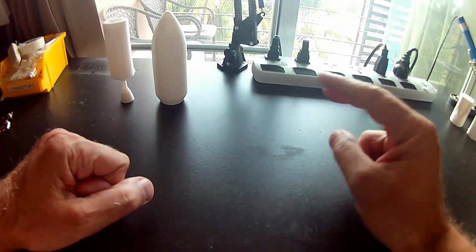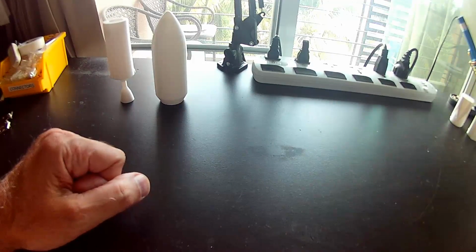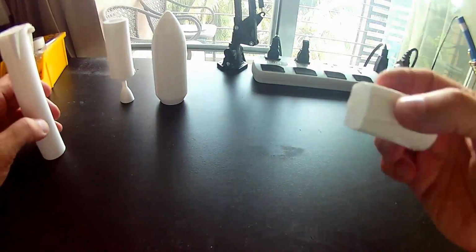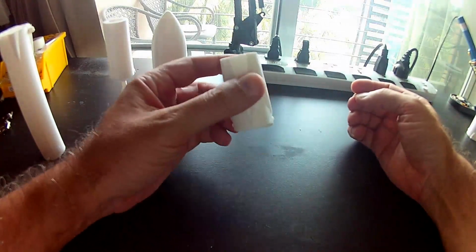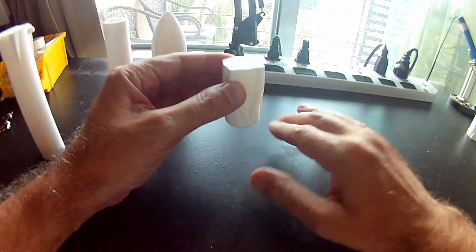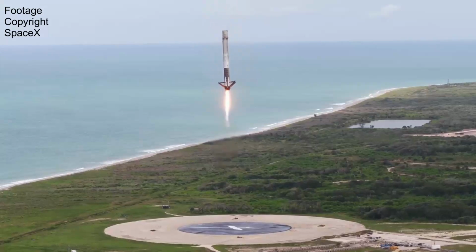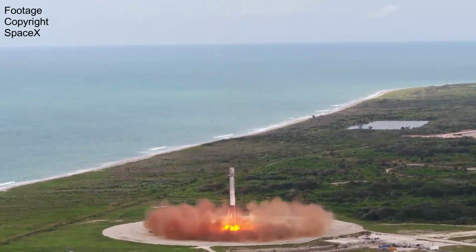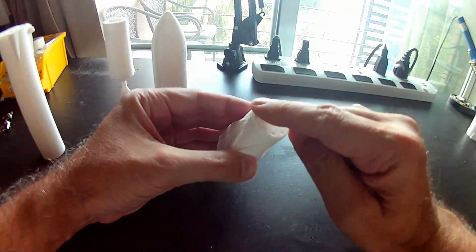Now we move to the parts that I had to print in 2. First, the booster. First I printed the top part, or actually the bottom. This is the bottommost section of the rocket, and these are the legs that pop down, the landing legs for landing on the 2 barges. But for some reason, it didn't print the 9